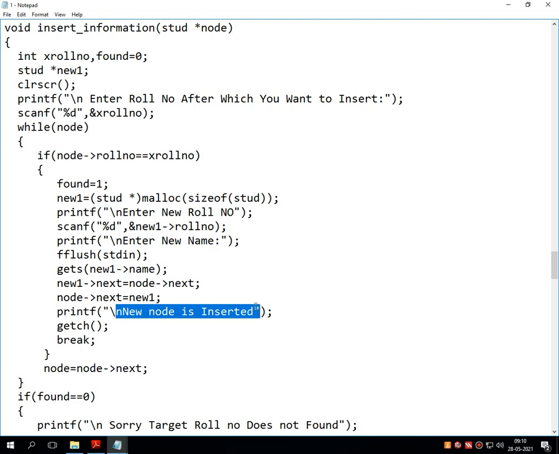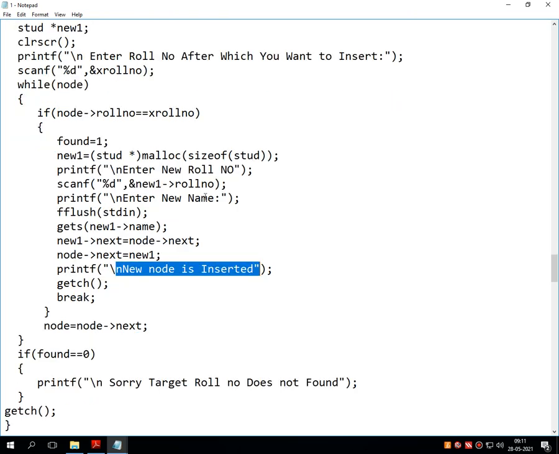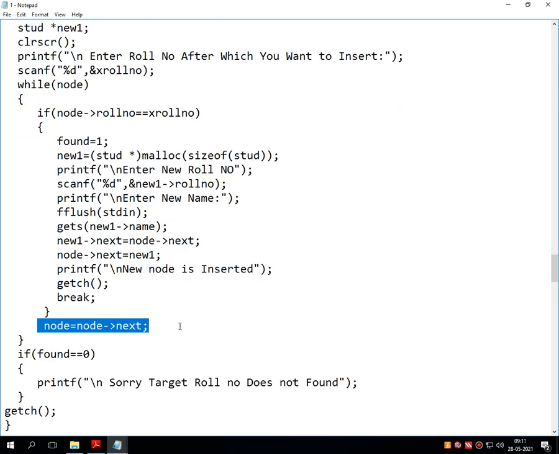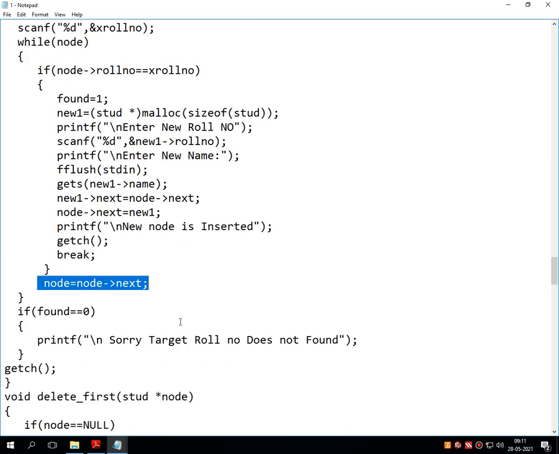Once I insert that node, how many nodes are there in my linked list now? The total number of nodes in my linked list is 8. That 8 will be written by this selected line of code.